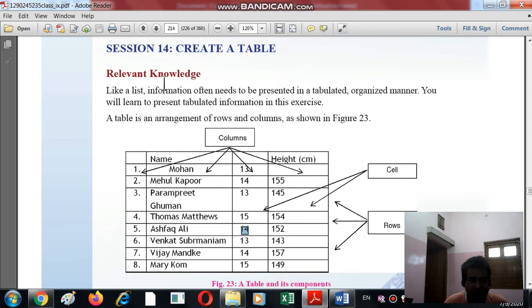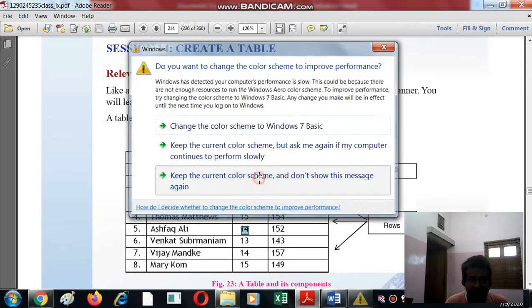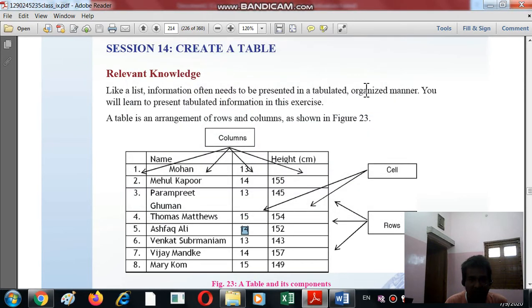Why do we use a table? Information often needs to be presented in a tabulated, organized manner. You will learn to present tabulated information in this exercise.